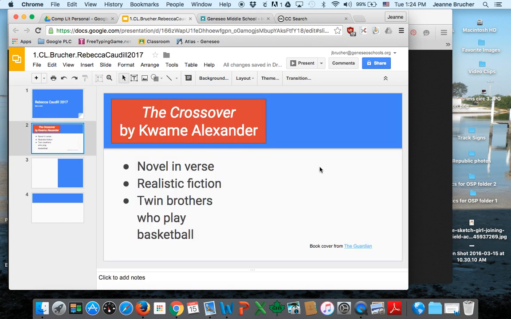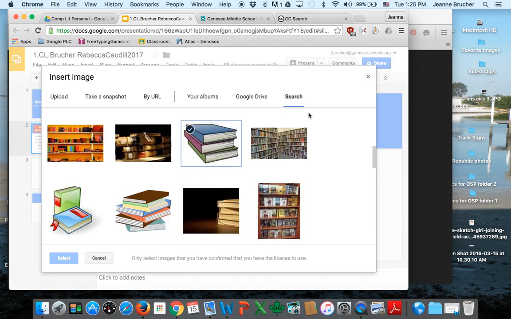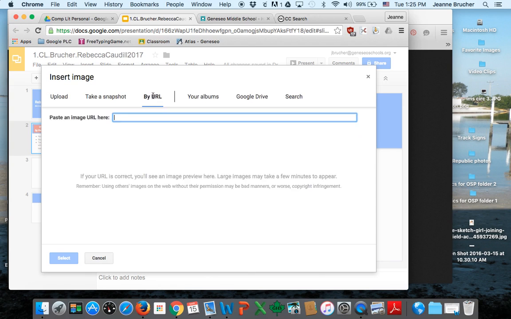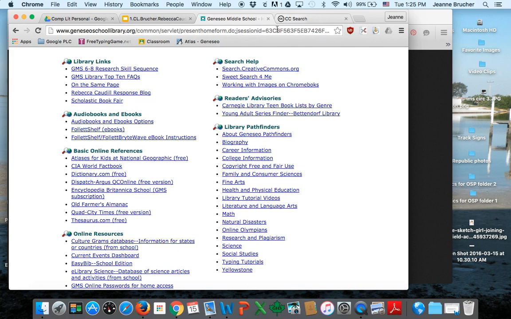As I go to my next slide, though, I have a little bit bigger problem because I want to use book covers, and most of those are under license, so they're not going to show up in that normal Google search. So I'm again going to insert image. This time, I am going to look by URL. And actually, I have already opened a separate window and gone to